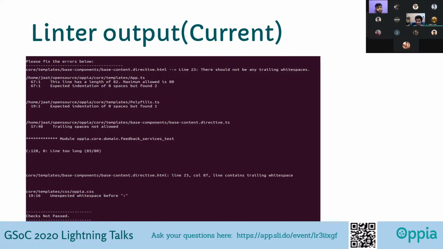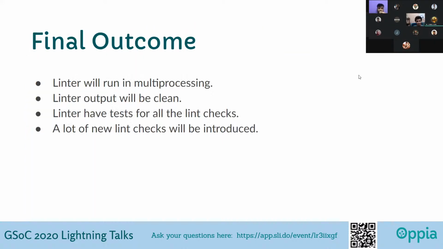Now we have lint output like this. We have now all the errors at the end of the linter output, so developers do not have to find the errors in the very verbose output of the linter. So yeah, next slide, please. So the final outcome will be the linter will run in